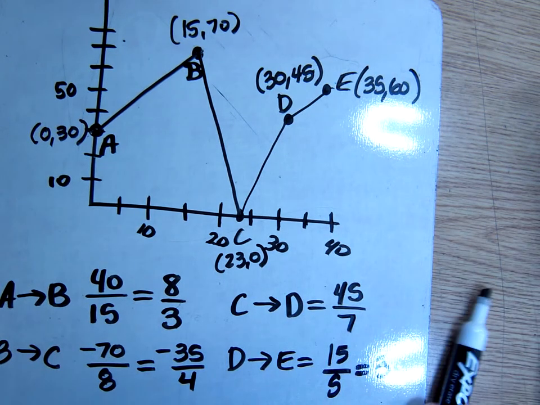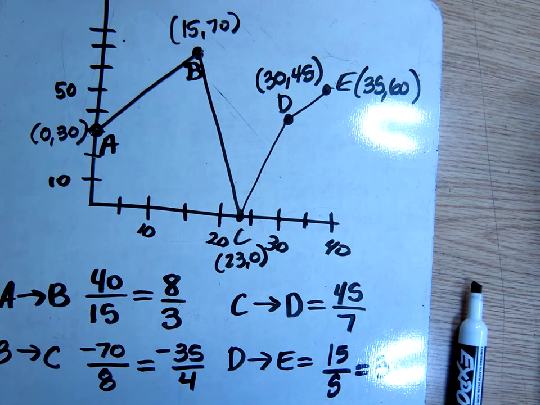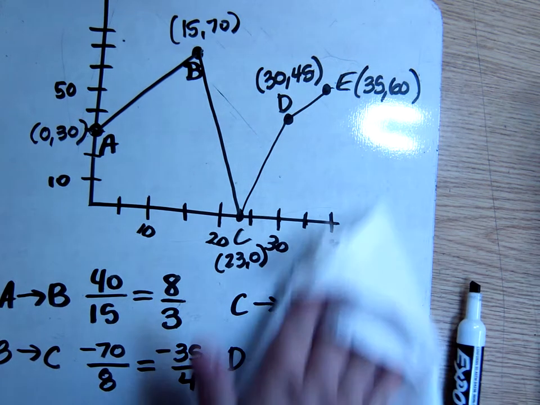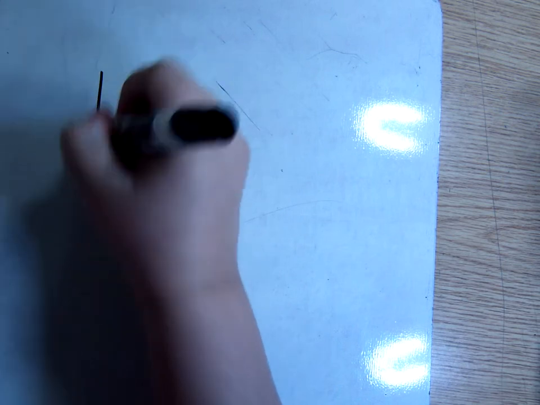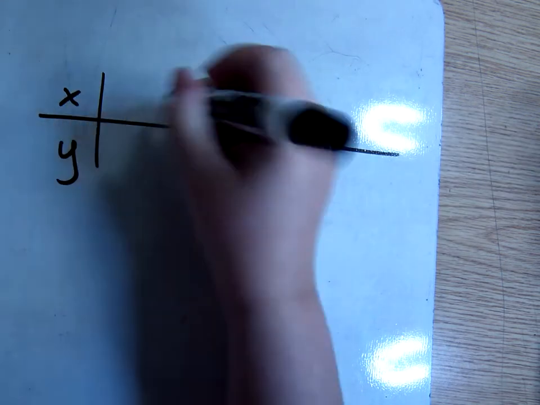Next one, number 21. It says, previously you learned that in a linear function, a constant change in x corresponds to a constant change in y. How is this related to slope? What are you looking for? I'm going to write that one on there. Okay. Previously you learned in a linear function, so we're saying basically we learned that if you have